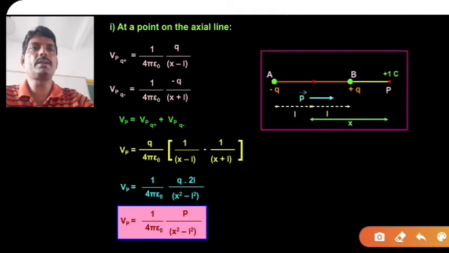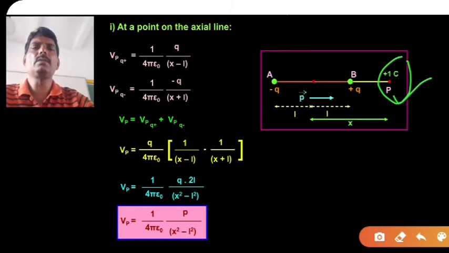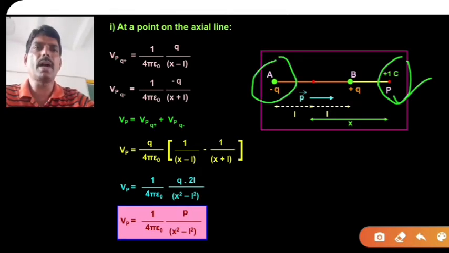So for the electric potential at point P, you can keep your test charge there, or you can keep a charge of 1 coulomb, that means a unit test charge. The electric potential due to this charge minus Q at point P, which is at a distance x from the center of the dipole, is